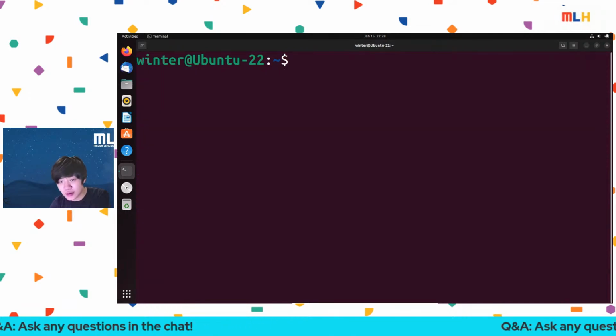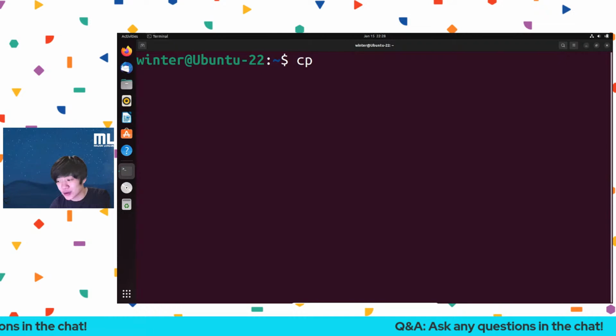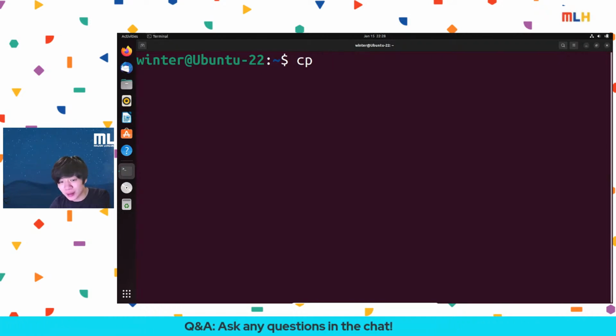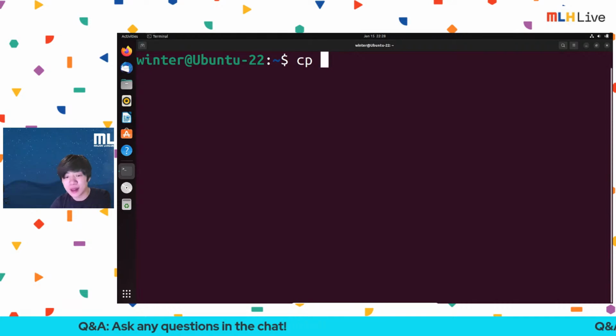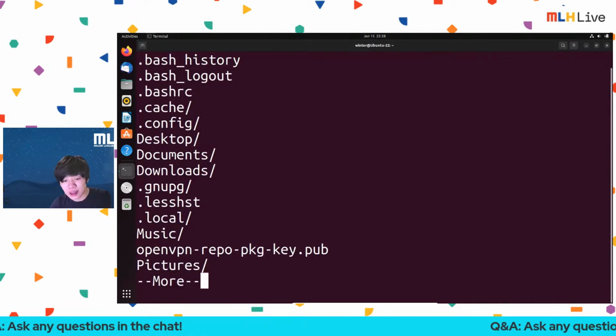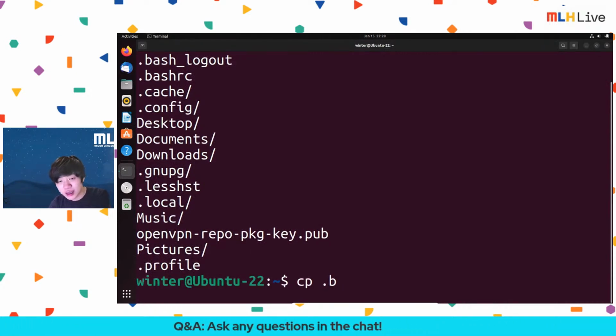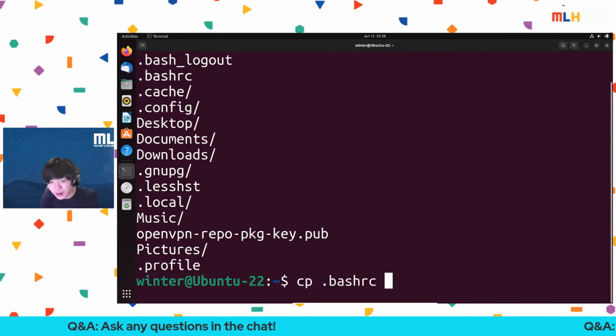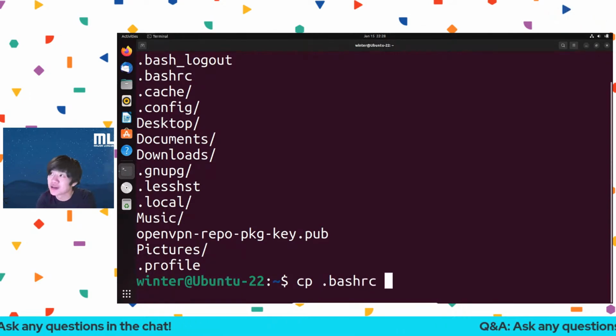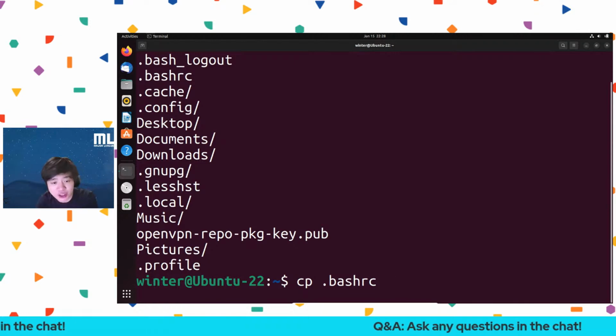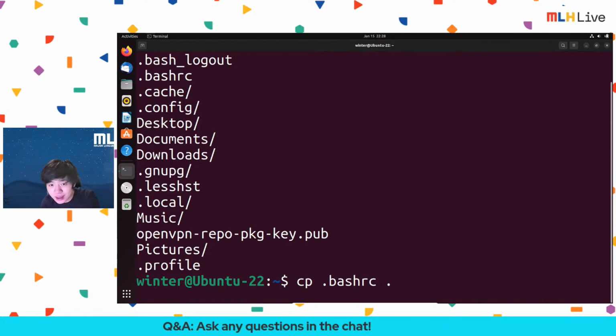The next thing we're going to go over is cp. cp stands for copy. It allows you to copy a file, right? So how it works is cp is your command. You pass the arguments, the first thing being the file you want to copy. So in this instance, let's say I want to copy, I don't really want to see more. So I'm going to copy, let's say, my .bashrc, which we don't have to worry about. It's a configuration file used for your bash shell. And I'm going to do cp .bashrc. I'm going to call it, let's say, copied. Well, actually, I'm going to use the,